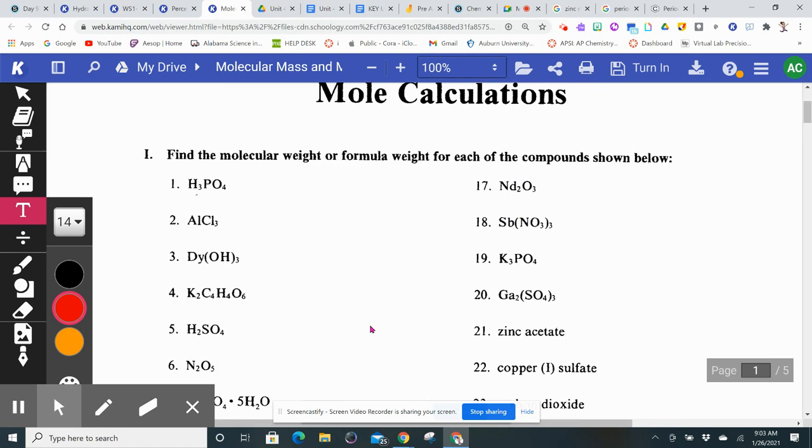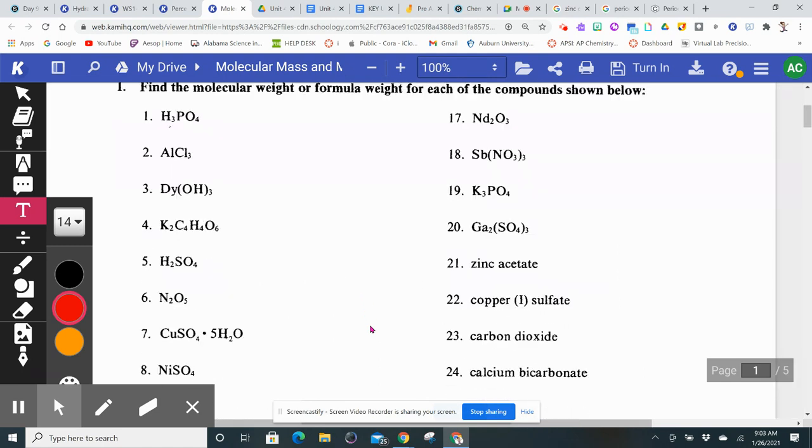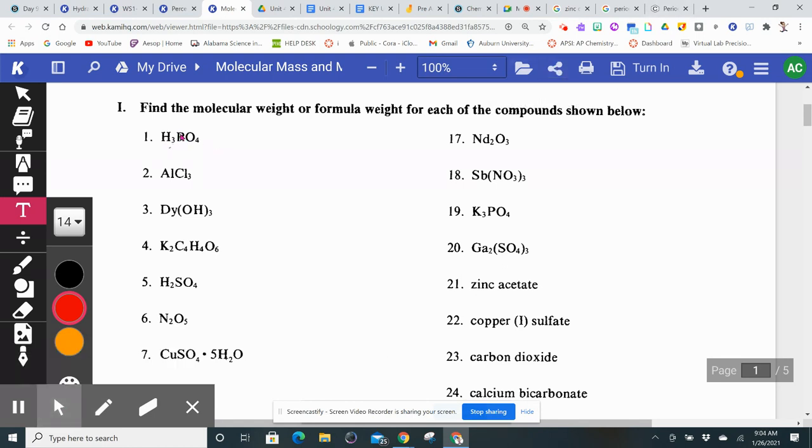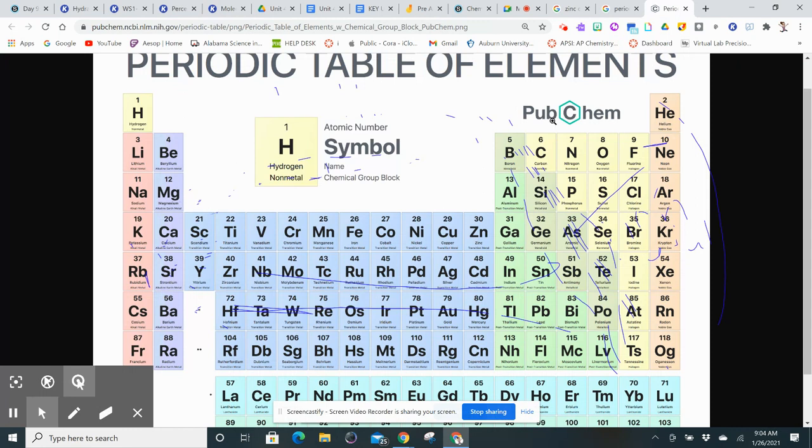With molecular weight, that's super easy. All you do for molecular weight is you simply add up the atomic mass from the periodic table of everything in the formula. The subscripts tell you how many of those things you have. So, for example, on the first one, that subscript 3 means I have 3 hydrogens, I have 1 phosphorus, and I have 4 oxygens. So all I do is I go to my periodic table,